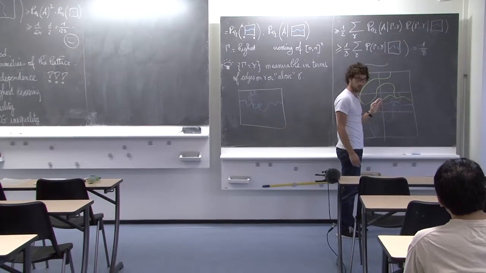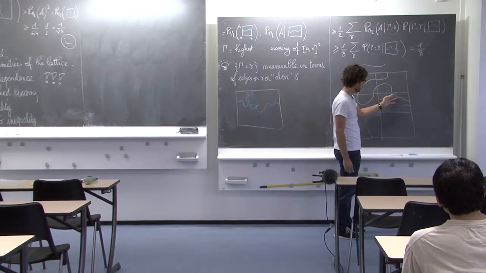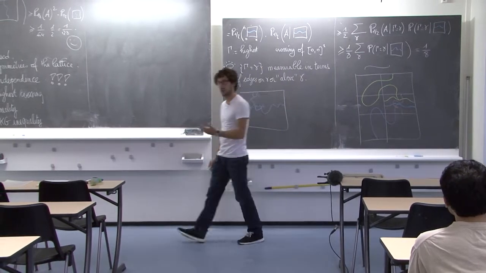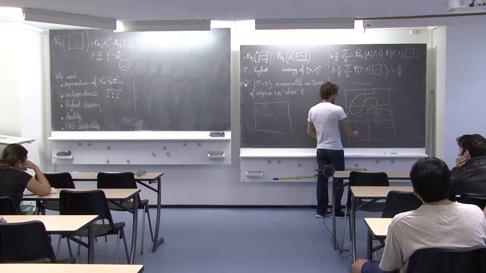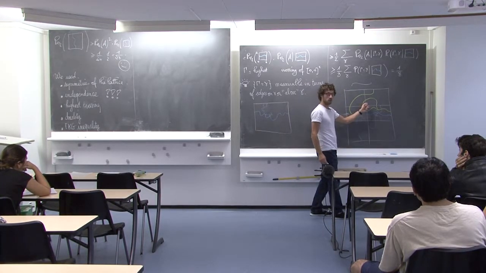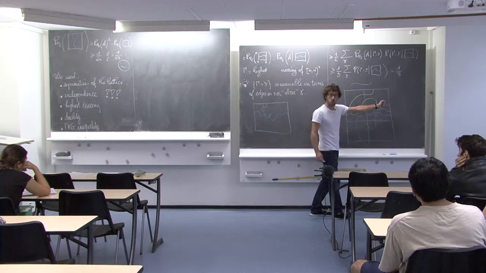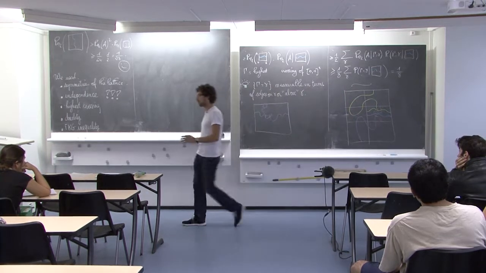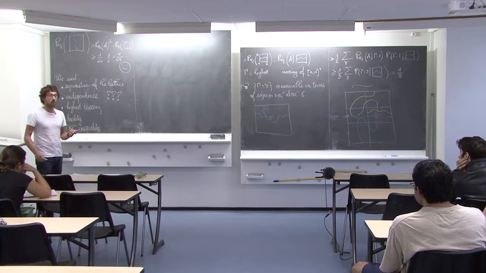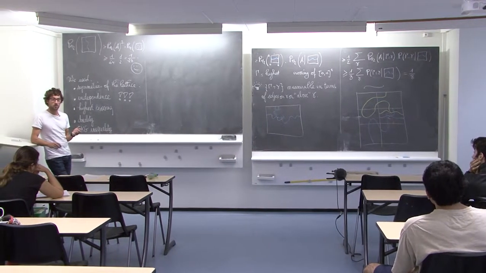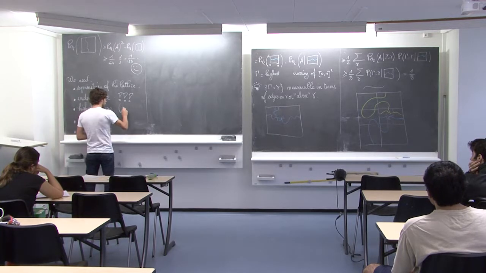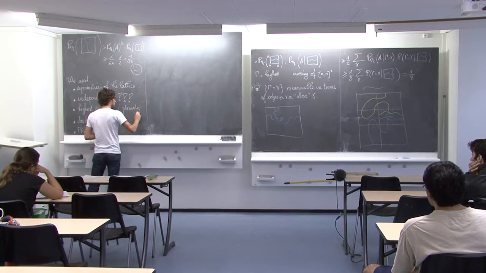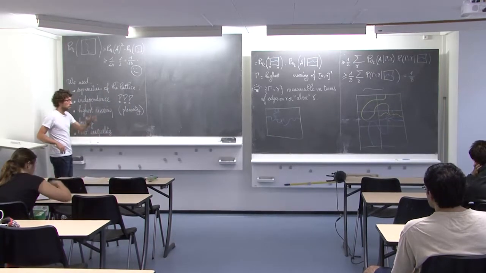You are going to see we are going to use this type of properties when we will work with the random cluster model. This is not true in higher dimension. In particular, if we have probability 1/2 to go from there to there, then going from there to there is easier because you need to cross these things. The path is really screening you from what is on the other side. This is not true in higher dimension, and that's one of the reasons why it's so difficult in 3D to manage to do something with this type of reasoning. So planarity is extremely important here. And in fact, in high dimension, this type of theorem is not true.